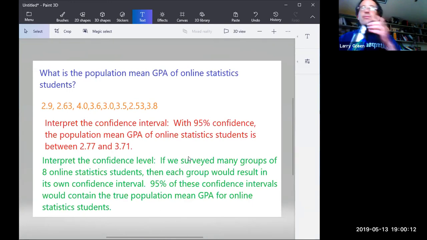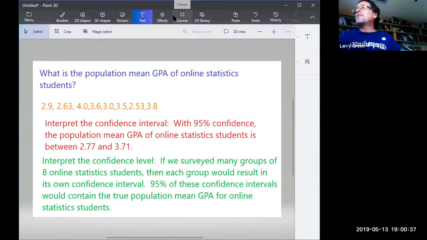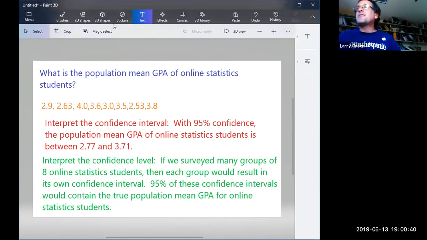All right, so now I'm going to reshare and go to Zoom. And we're going to talk about something a little different. I go to Zoom, go to Paint. And now we're going to talk about something different, but related. So I'm going to erase my interpretations because I need to do other stuff.